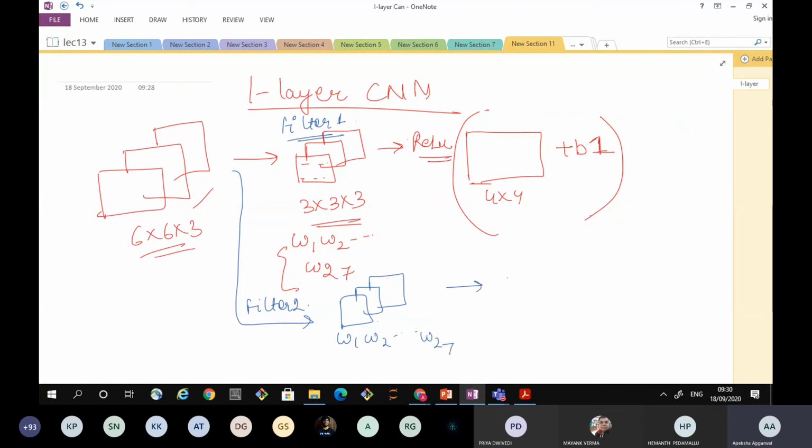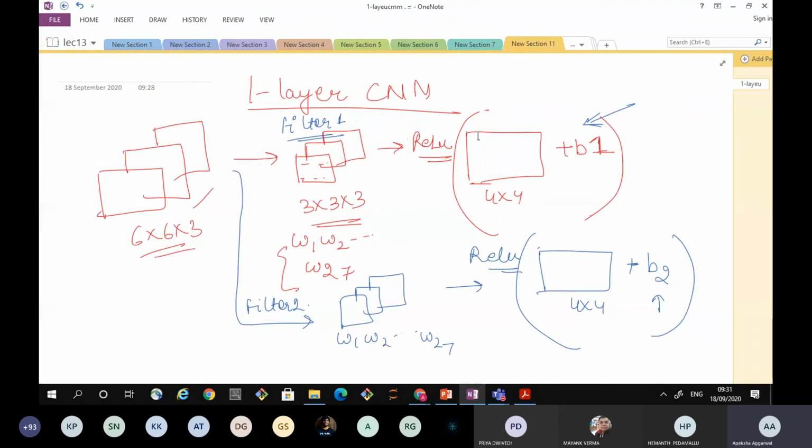And again, I will repeat the same process. I will calculate the convolution, and then it will have some bias. I have to learn that as well, because this is also my parameter, B1 and B2. And then I will apply the activation function, which is ReLU, over this whole image. So adding B2 means I'm adding B2 to all the pixels in the image, and applying ReLU means applying ReLU to all the pixels in the image.